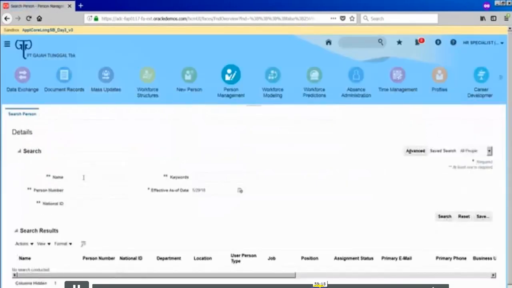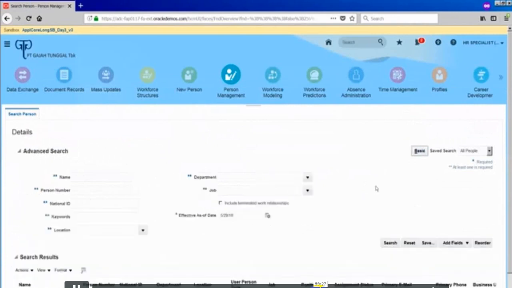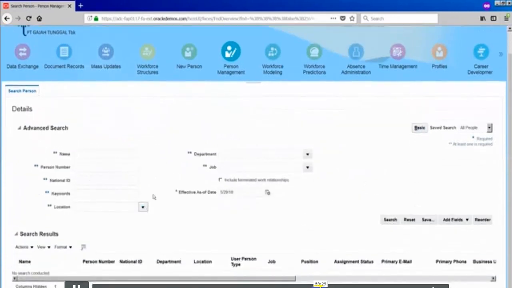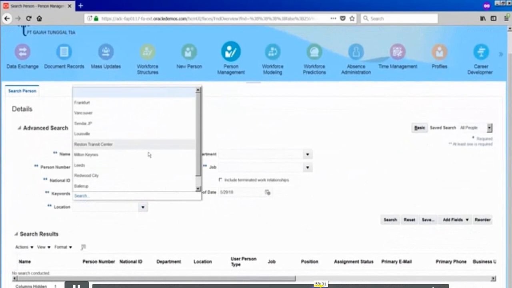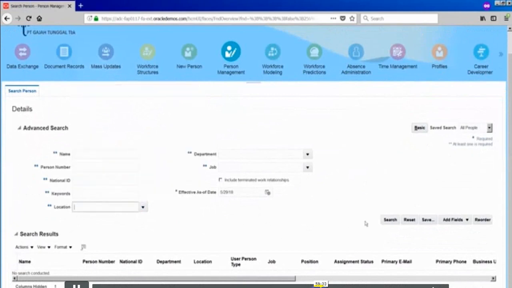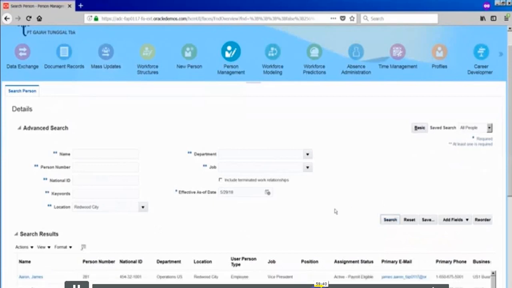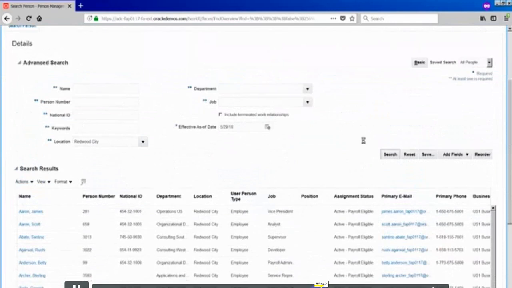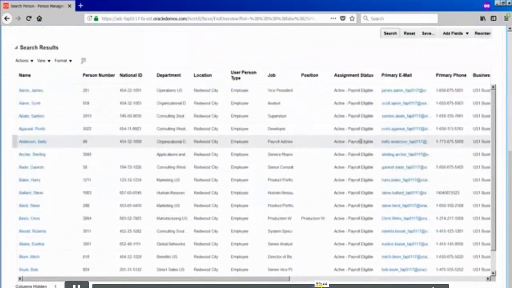And here what I will do, I will just pull the employee details. Let us say I'm pulling the people, let us say from location. Okay, so Edward City. So I'm searching for the people who are in Edward City basically. So what it will do, it will give the list of employees here. Okay, so now let us say I wanted to